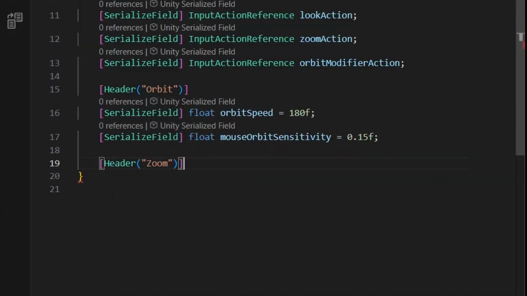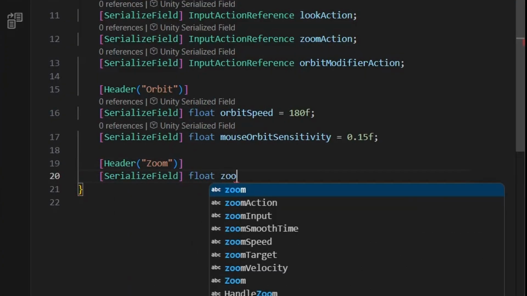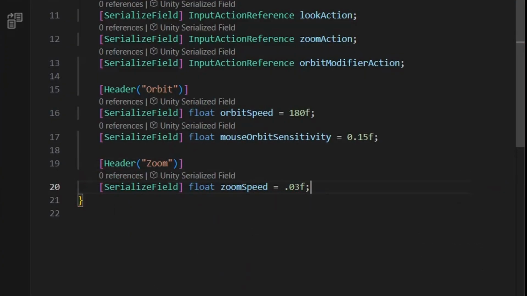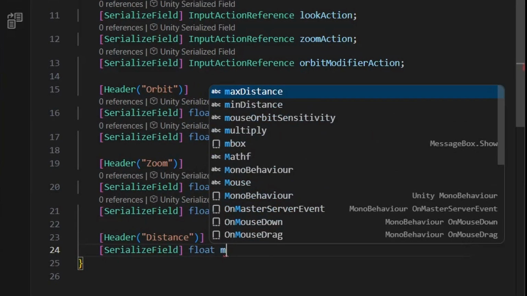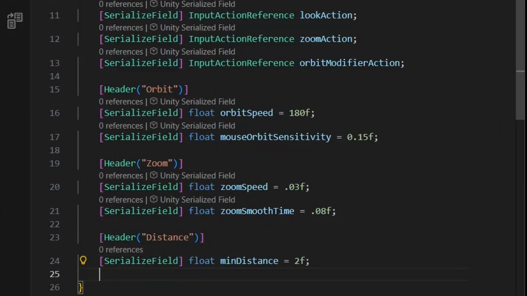So we'll make another header for orbit. We'll have a serialized field float for orbit speed. We'll set this to 180. We'll make another serialized field float mouse orbit sensitivity. I'm putting this at 0.15. Then we'll make another header zoom. This will have a couple of floats as well, one for zoom speed, 0.03, and one for zoom smooth time,